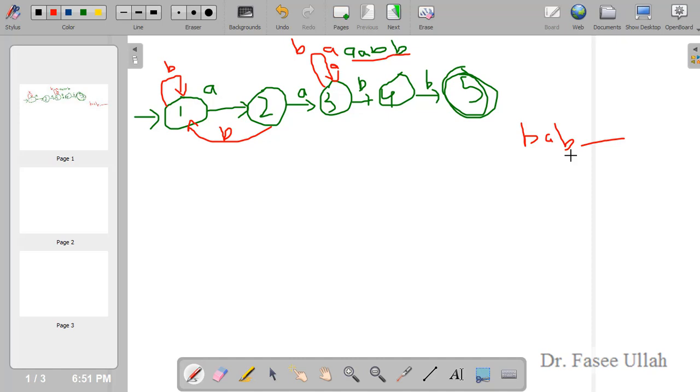After this, for example, I am saying B, A, A, A, B, and then I say A, and then I say B. According to this format, it will not fulfill the requirement for this automata. So what will I have to do? I have to very easily connect this 4 with the 2, and say this is A.